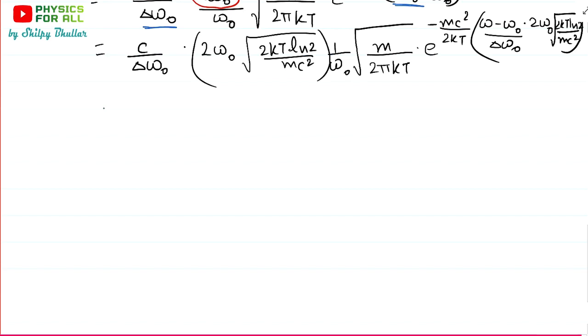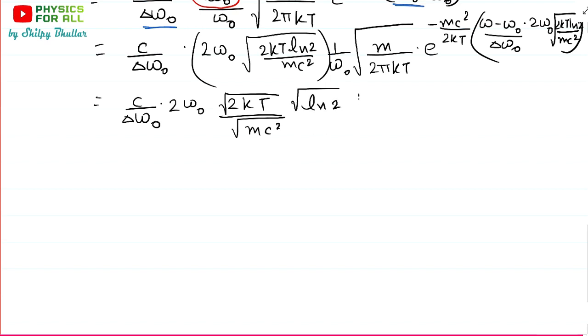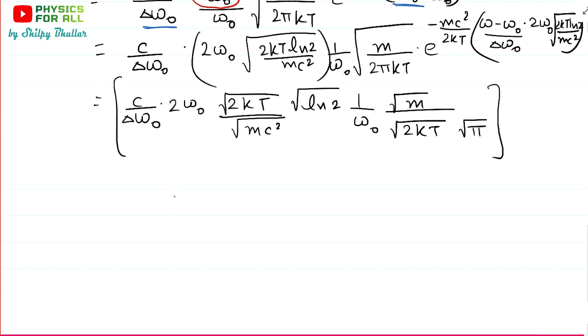Let's open the squares wherever we have delta omega naught, and here this is 2 omega naught, and here I'm going to mention that in the square root I will keep 2kt. That's it. Cancel out a few terms and pair up a few terms, and in the denominator I have still mc square, and then root ln2 I'm going to write separately, and then I have this 1 by omega naught, and then I have this m, and in the numerator I'm writing 2kt, and then this root pi separately, and this term is there, and then we have the exponential